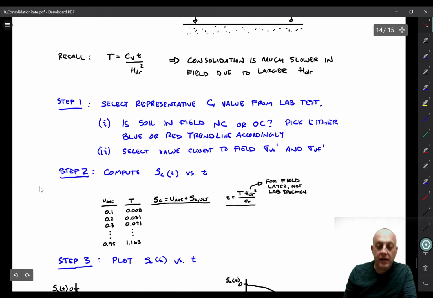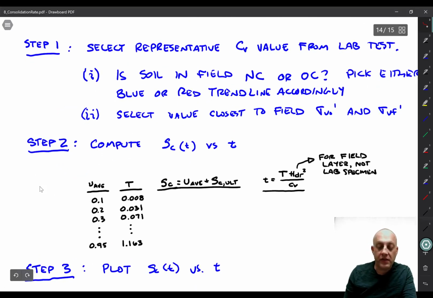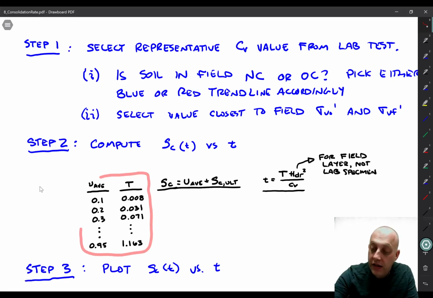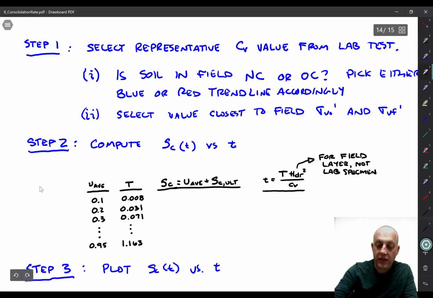Okay, then the next step is to compute settlement versus time. And you can do that in a fairly simple Excel table if you want to. The first thing you'll do is get a table of U average and time factor pairs. And these numbers come from Terzaghi's one-dimensional consolidation theory. You should be able to